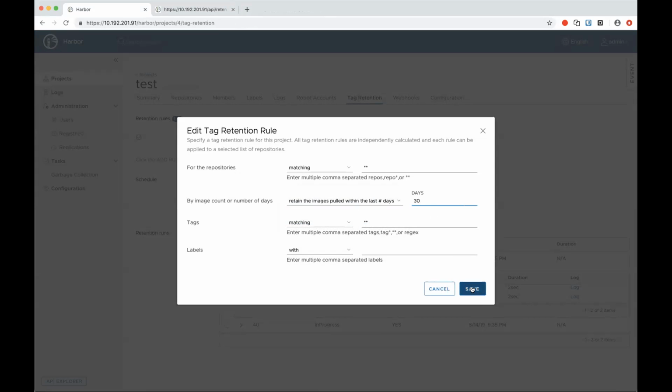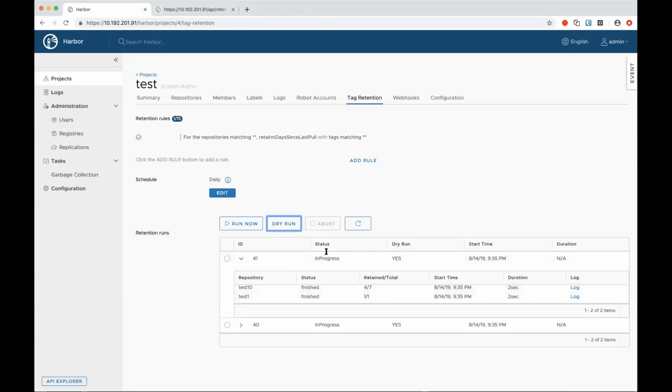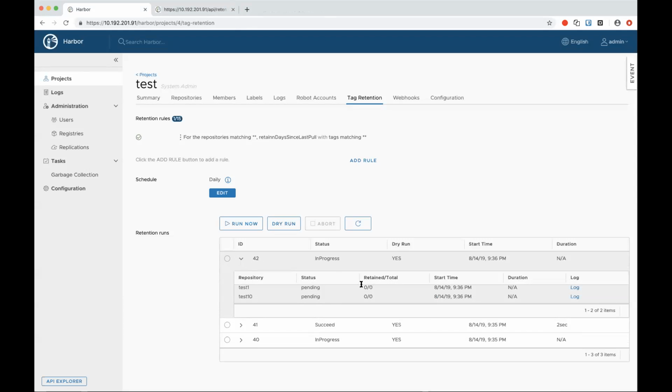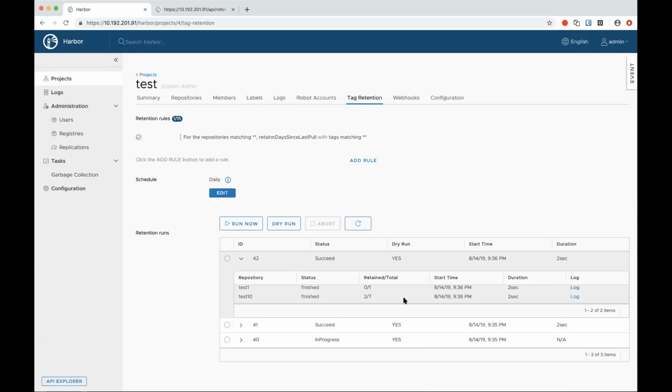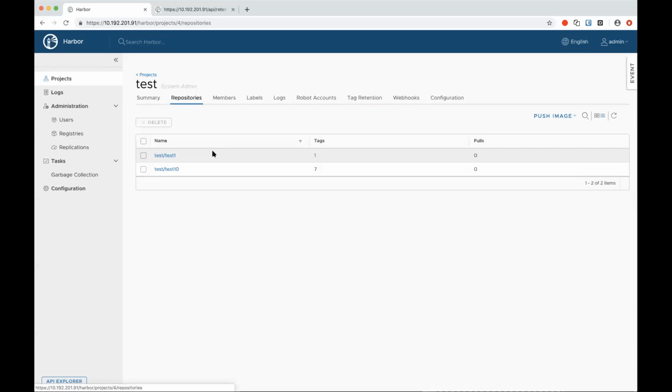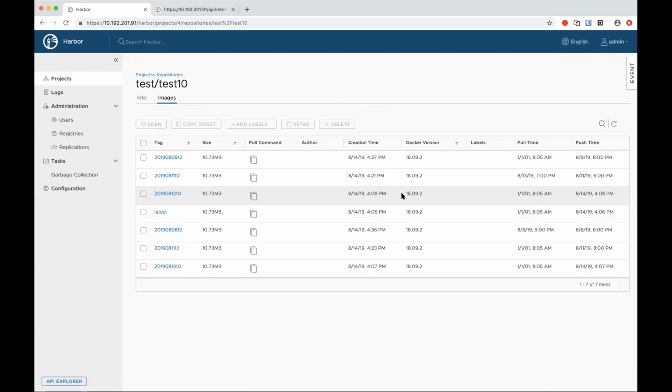So with this, as you can see, 5 images will be deleted. And let's see the images again. Only 2 images that I pulled, the others will be deleted.